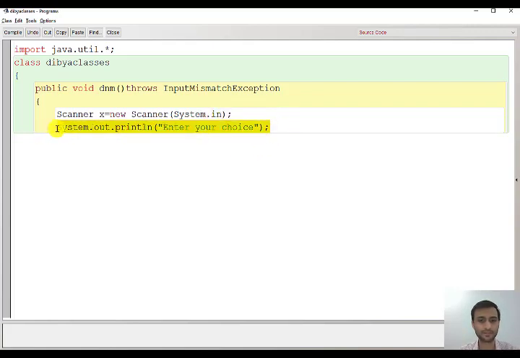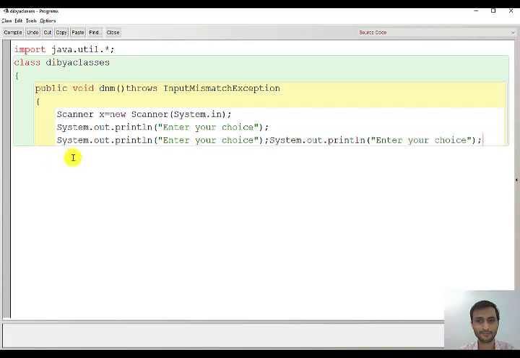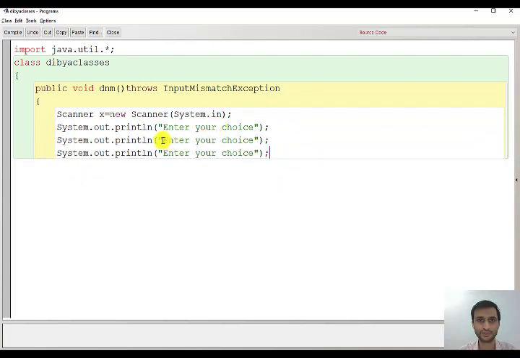Again we'll write a print statement. The first choice is 1 for term deposit and the second choice is 2 for recurring deposit. Clear?